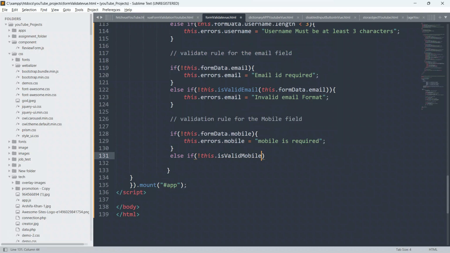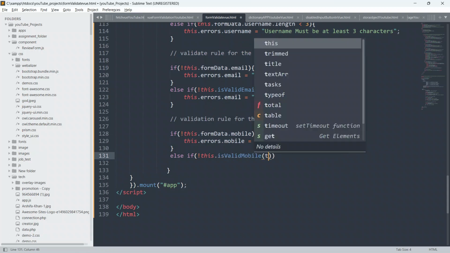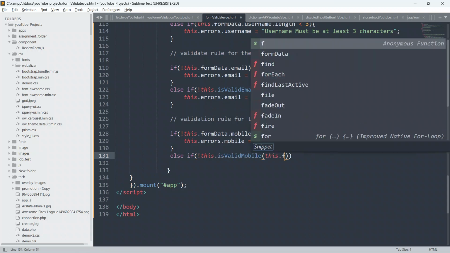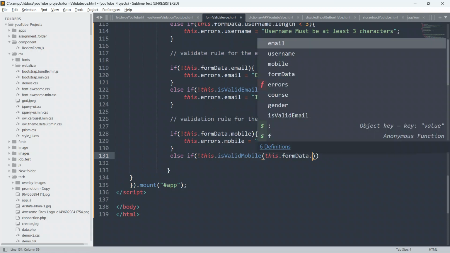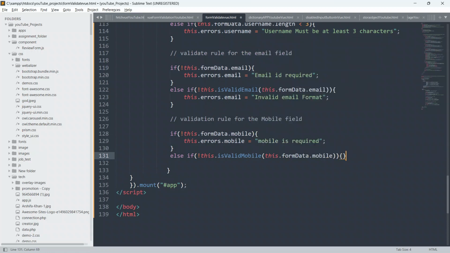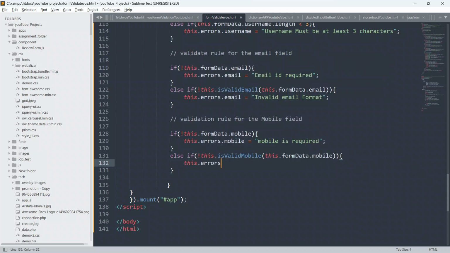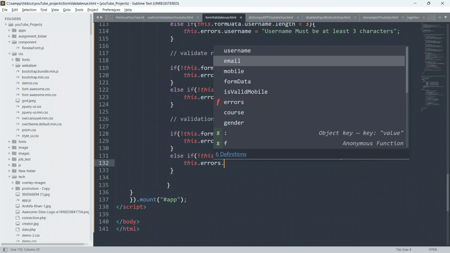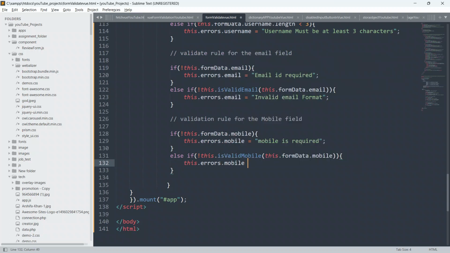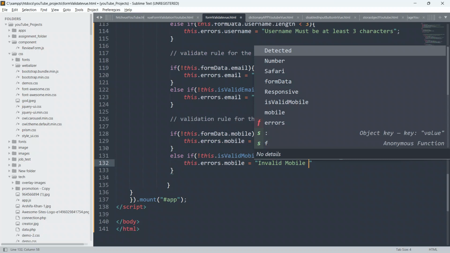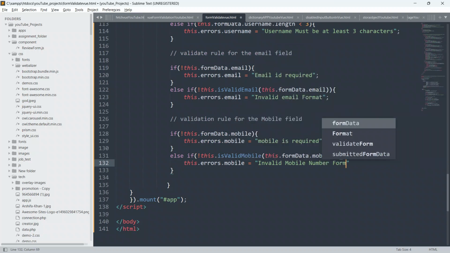Later on we will define this method also, guys, and we will say this.formData.mobile. Then we will also say this.errors.mobile equal to "Invalid mobile number format."